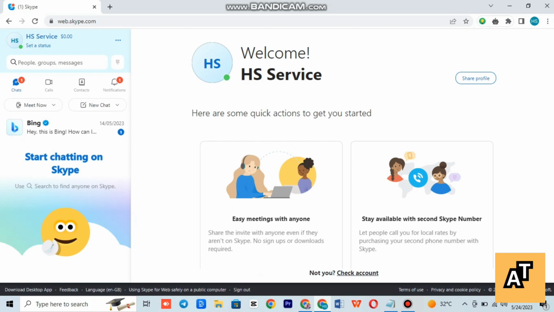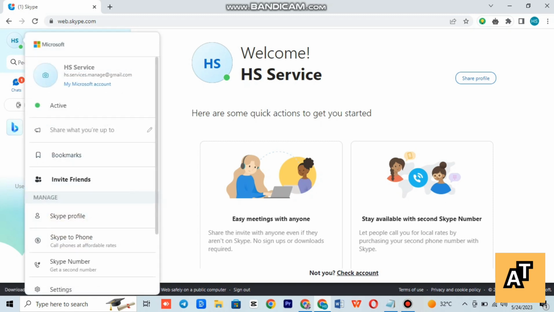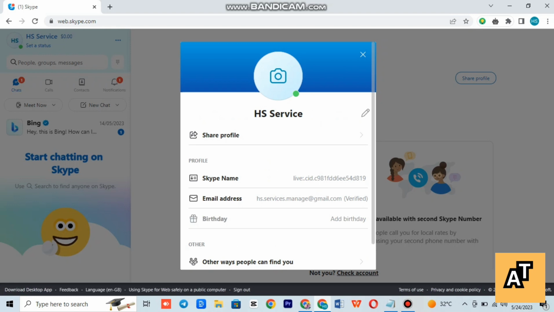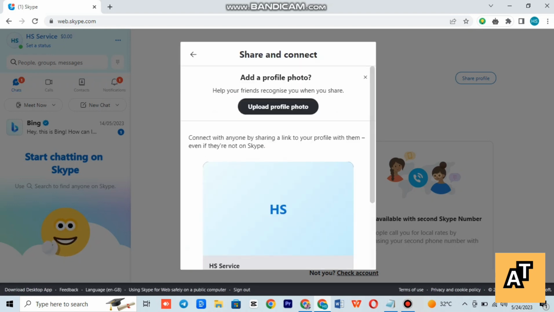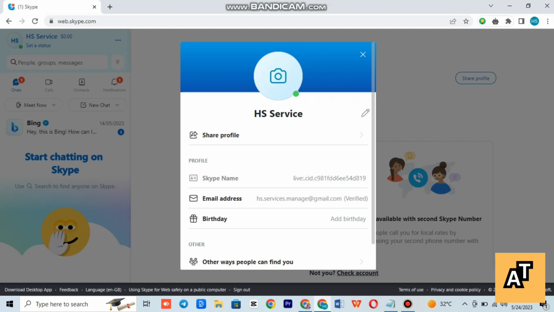As you can see, your Skype is now open. You have to move forward and tap on your profile, and after tapping on your profile, you'll see all these options. You have to press on your profile picture again, and here you can see you have a variety of options. Tap on share profile and tap on copy to clipboard, then come back and copy your Skype name, and